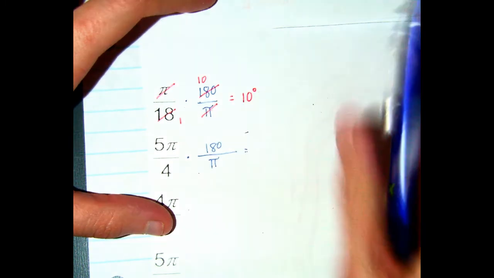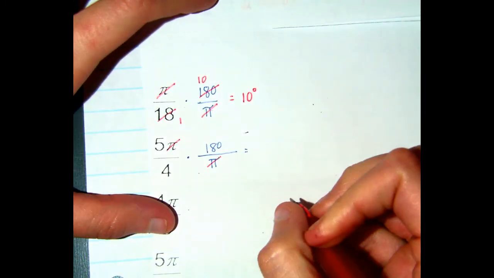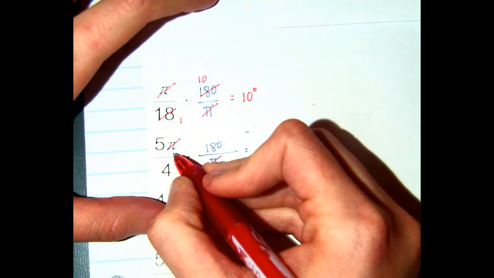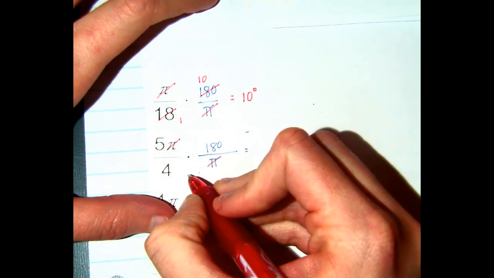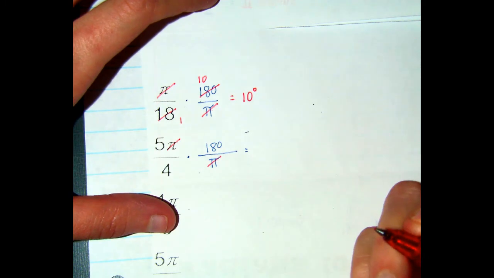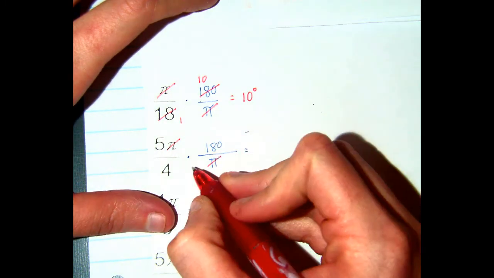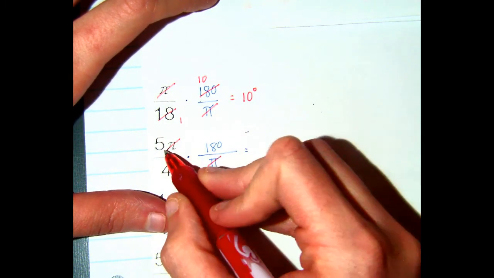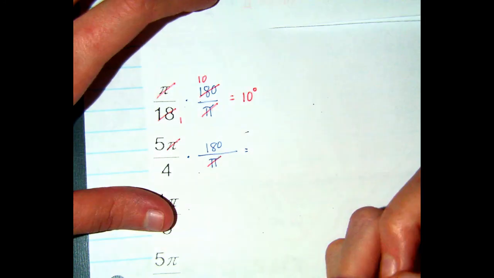Okay, times 180 over pi. Again, the pi's will divide out to give you 1. This is where it's a little different here. I've got 5 and 180 and 4. So there's a couple things I can do. I can go ahead and reduce 180 and 4, or I can do 5 times 180 and then reduce after that. You get to choose, really. So do you want to reduce